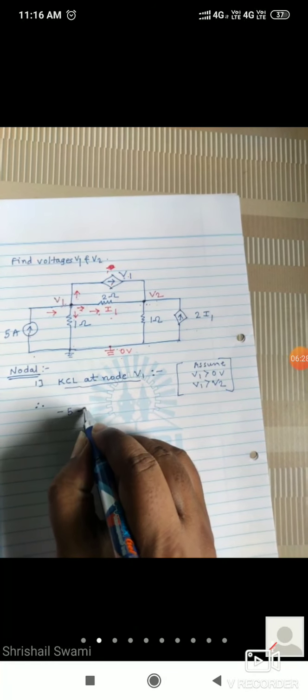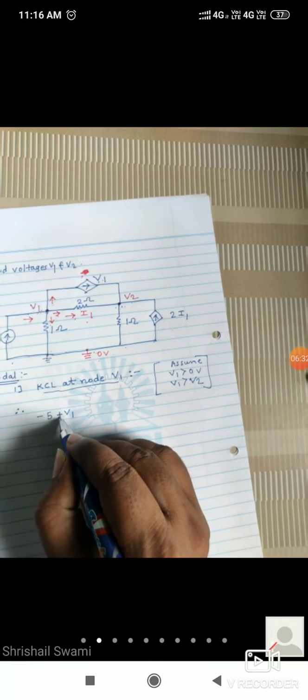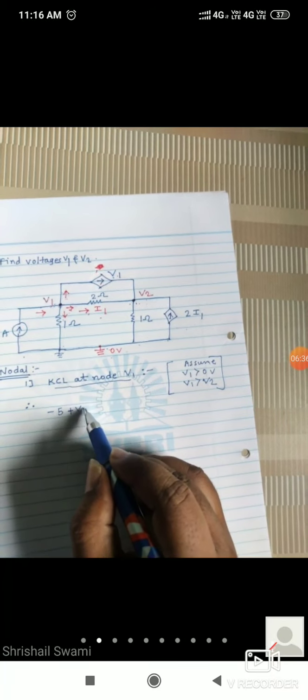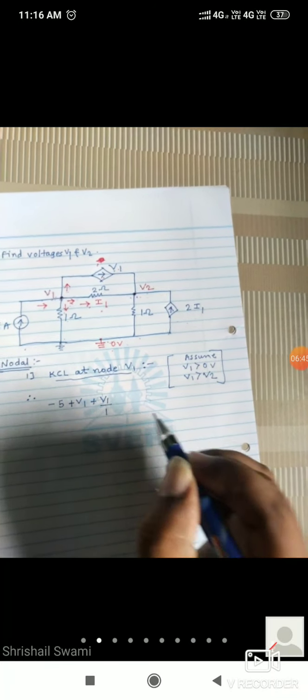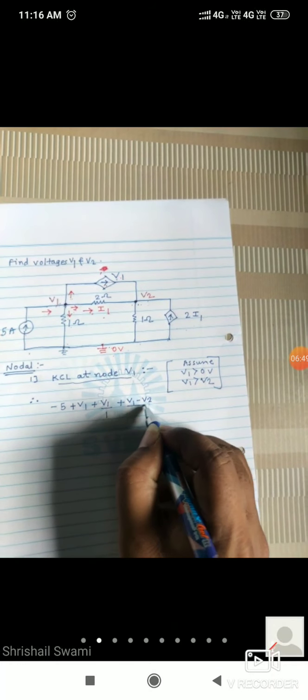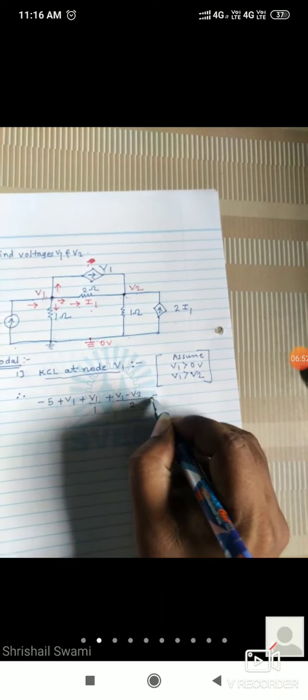Next, this current we can take. What is the value of this current? That is the V1. What is its value? -V1. Okay, sorry, plus, it is outgoing, that's why it is plus V1. What is V1? Because that is the value of current here given. Now next, V1 minus 0 divided by 1, that is plus V1 minus 0 divided by 1. Next, plus V1 minus V2 divided by 2 is equal to 0.